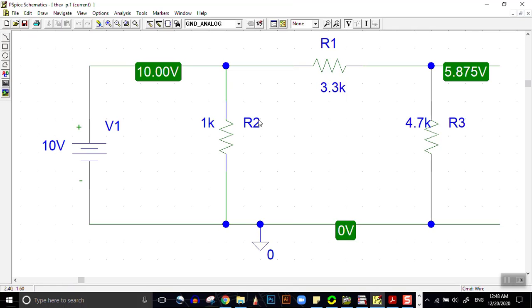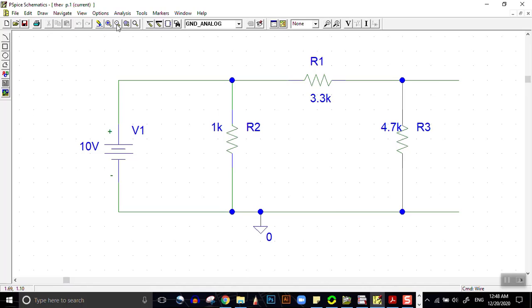So in order to measure I short circuit current, what do we do? At first we don't need to see the voltage at this moment. So let's zoom out a bit. Now these are supposed to be the two nodes where we connect the outputs, and for measuring the open circuit voltage we have kept these open. For measuring short circuit current, we will short these two paths. So if we short these two paths and we simulate again,